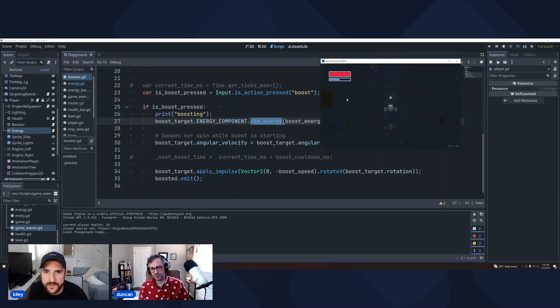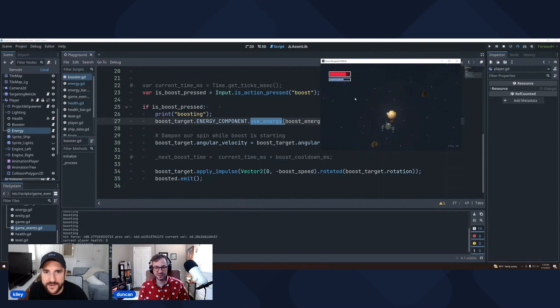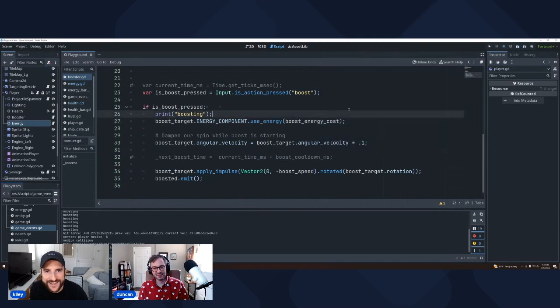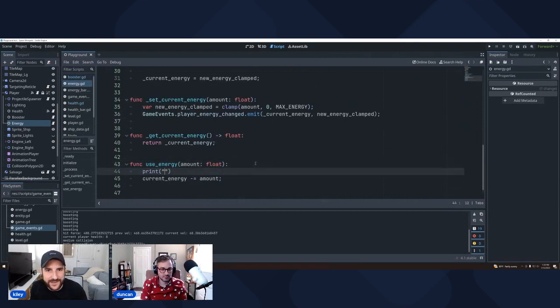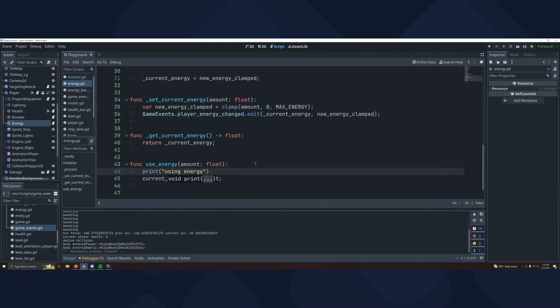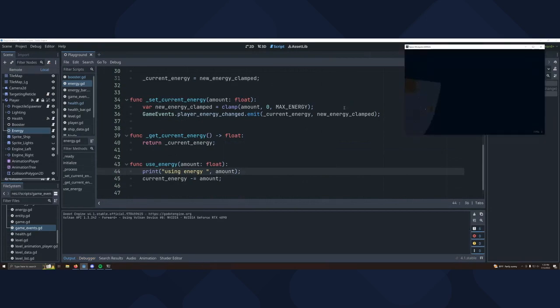Let's see, does it work? Oh, no. Almost. I feel like it's almost there. Yeah. So I would just be so curious if you put a print statement inside of use energy, is that even getting called? Like that.